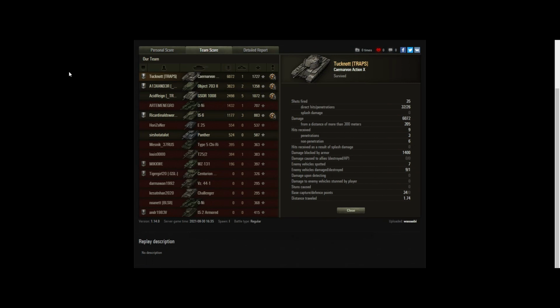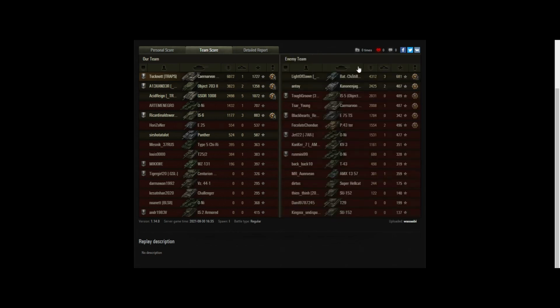So in terms of the team performance, 1727 base experience, very high level there, and the Object 7032 more than likely got an Ace Tanker badge as well there with 1358, so great performance there from his teammates, and the G-Saw even came up with a decent amount of performance, managing to get 1k. We didn't say what happened to Tiger Girl, but it looked like she didn't survive too well there, so we won't look at that too closely, but on the enemy side, the Barask that survived to the end and tried